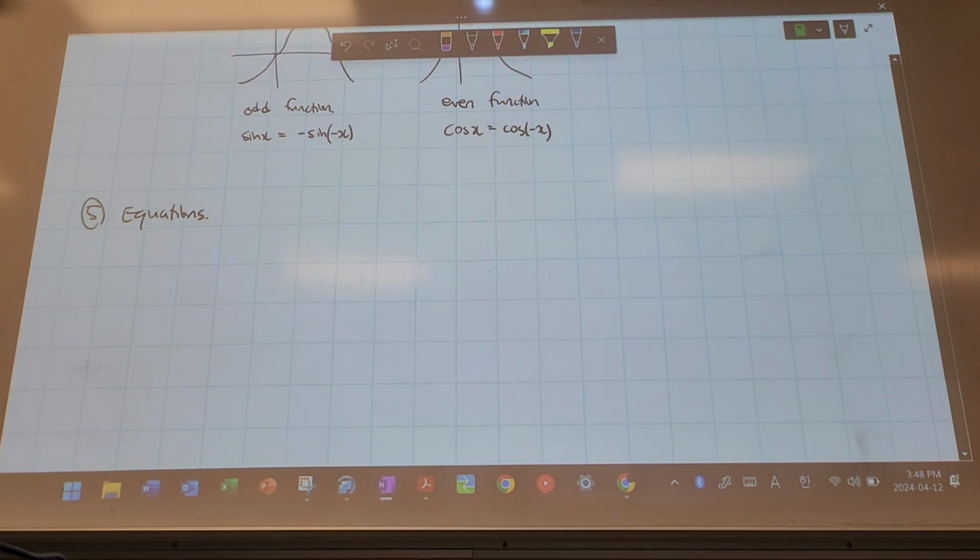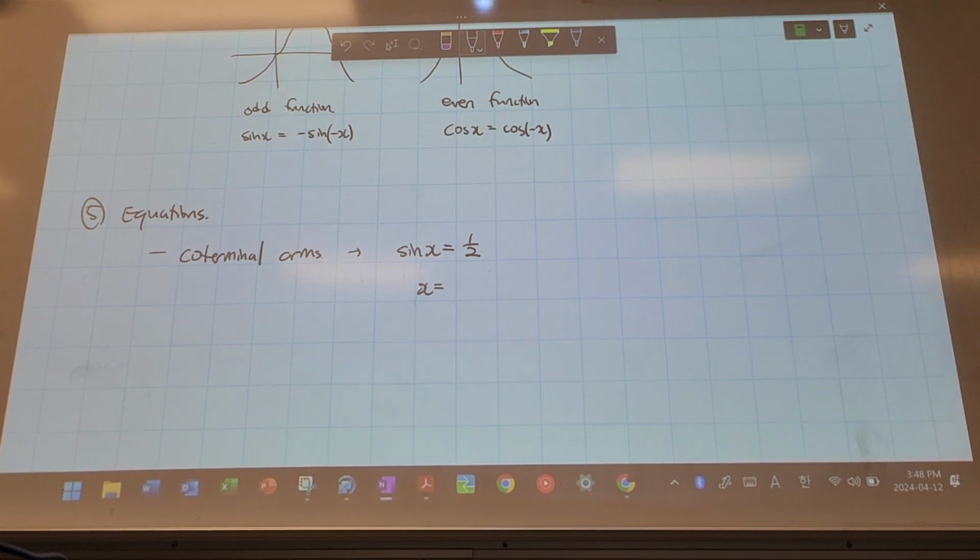We can solve trig equations using the identities, using the function, using various methods. One thing to note is that for trig equations, we need to consider the coterminal arms. It's just a fancy way of saying that, for example, if sine of x is equal to, let's say, 1/2, then the x can be what? Pi over 6. And then it can also be,